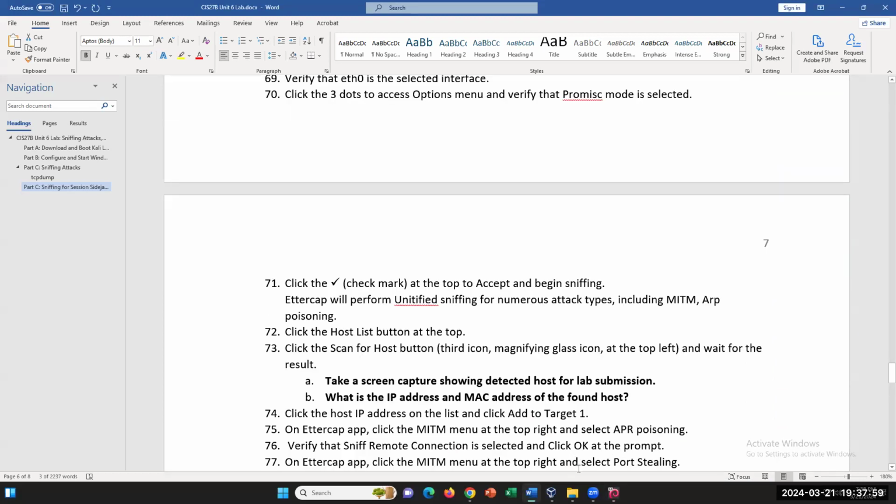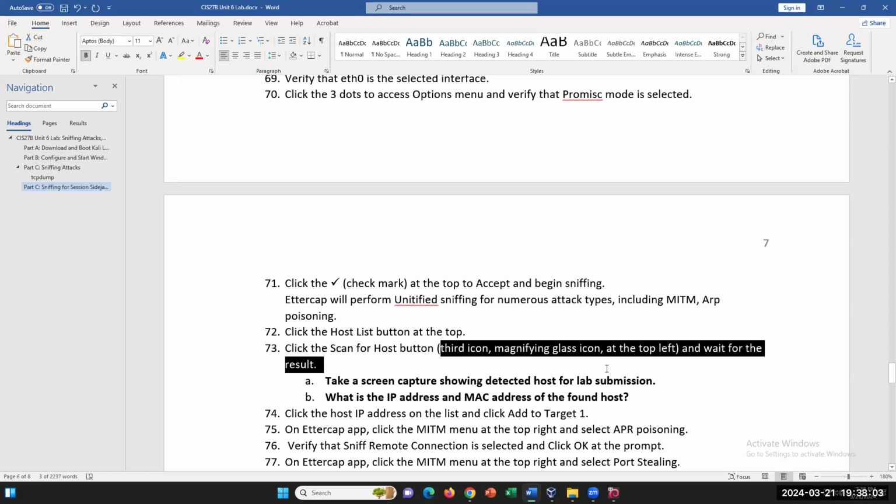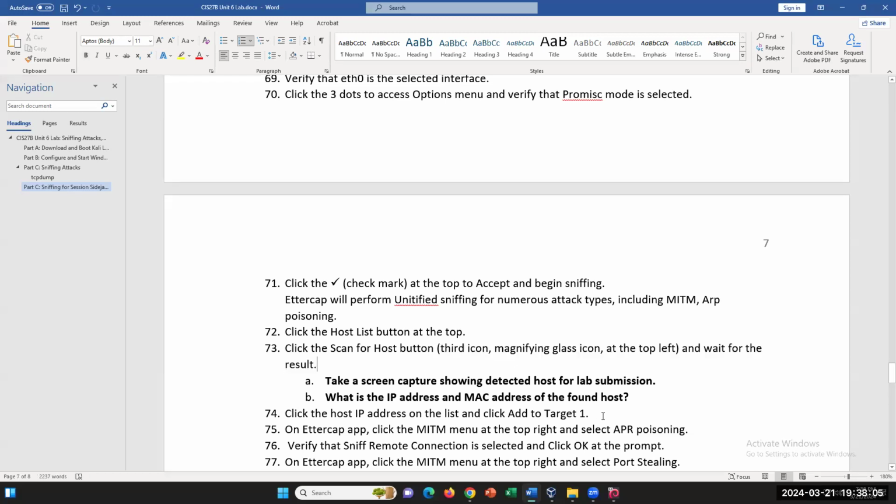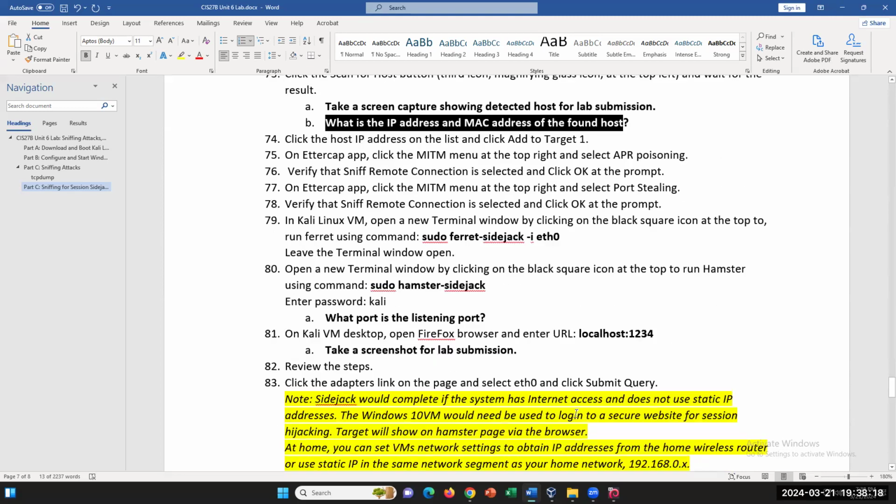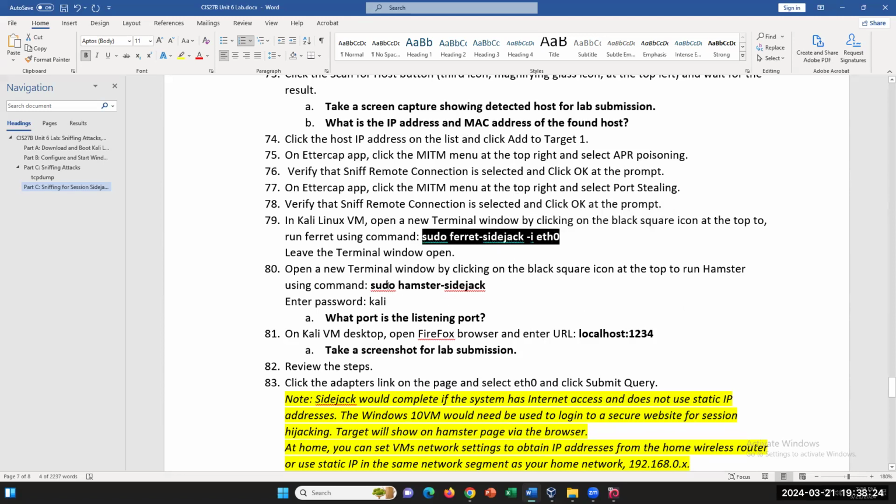Okay. So once you have your host information up, you can screenshot it. It should show your Windows and its MAC address, right? That's the whole point in setting it up. Otherwise it defeats the purpose. And then I'm gonna let that go, and then I'm gonna run the ferret and the hamster